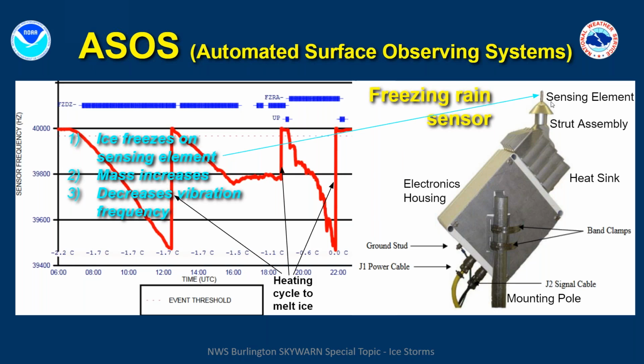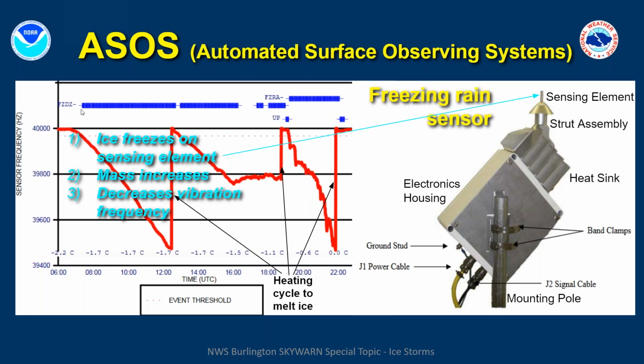This is what the freezing rain sensor looks like on the right-hand side. The sensing element on the top is going to be able to detect changes in mass. On the left-hand side is some output, where you can see on the y-axis is the sensor frequency. Basically, the change in mass is going to affect the vibration, and that's plotted here in real time, an example